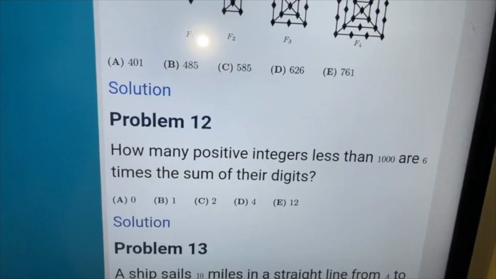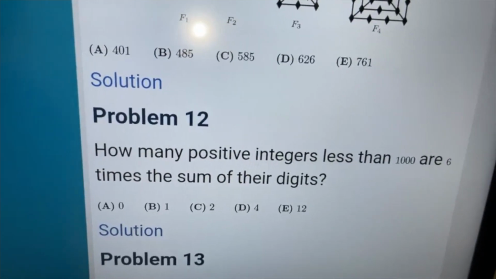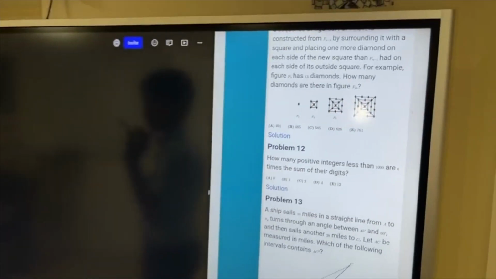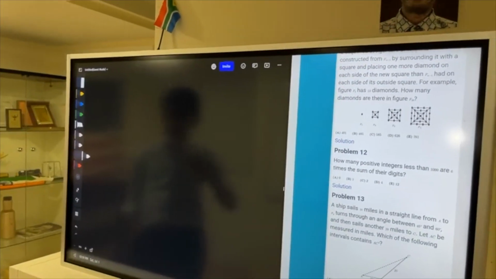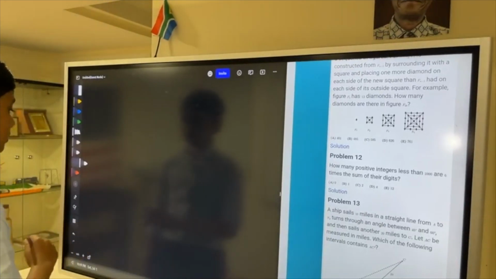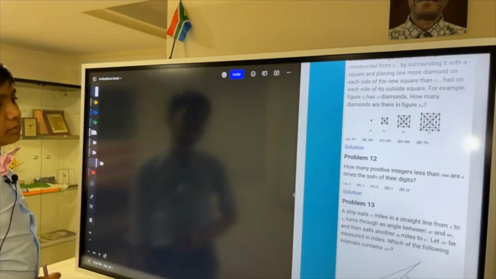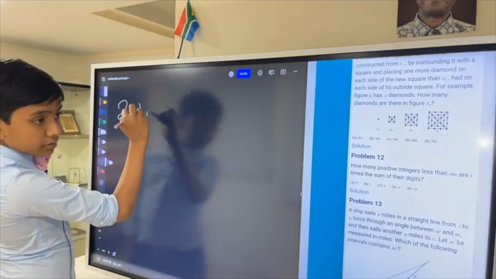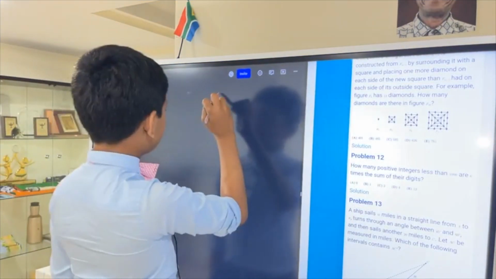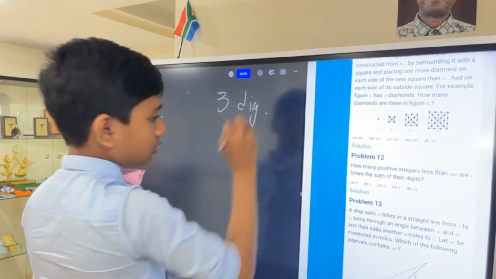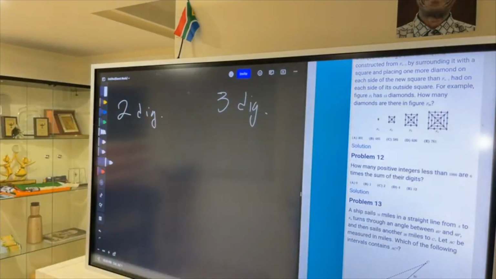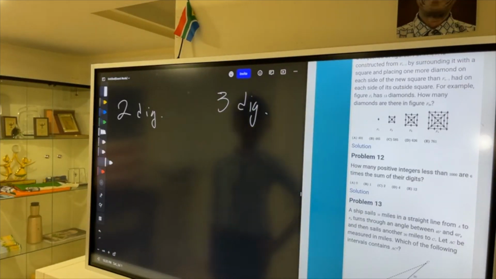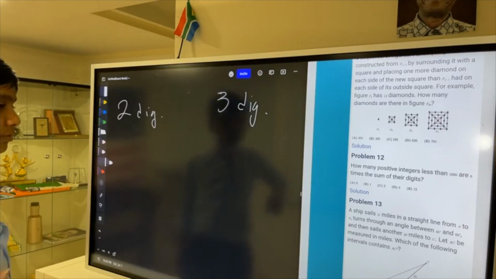How many positive integers less than 1,000 are 6 times the sum of their digits? Oh boy. Okay. Well, we first have the case of the 1-digit numbers, which only have 1 digit, so we're not considering them. So we have the 2-digit numbers and the 3-digit numbers, because 4 digits are off limits. It's less than 1,000. So if we have 10